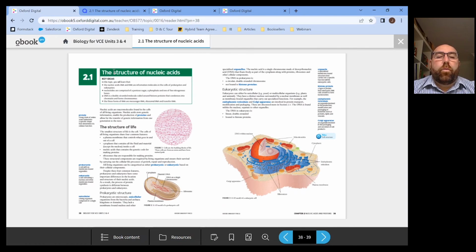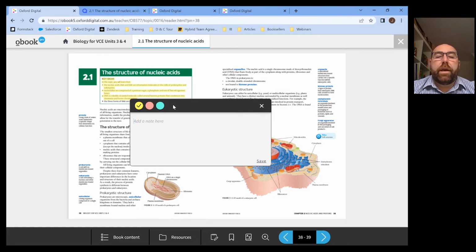But we can assign these as notes for our students to read. So we can click a color, as I said, the circles there. I can add notes, and it might be something I want my students to read, a bit of flipped classroom prior to coming to class. It might be something that I'm seeing in their assessment that I need them to brush up on. Whatever it is, I can use this instead of having to copy and paste something or find a link. I just highlight what I want them to read. I add a note,